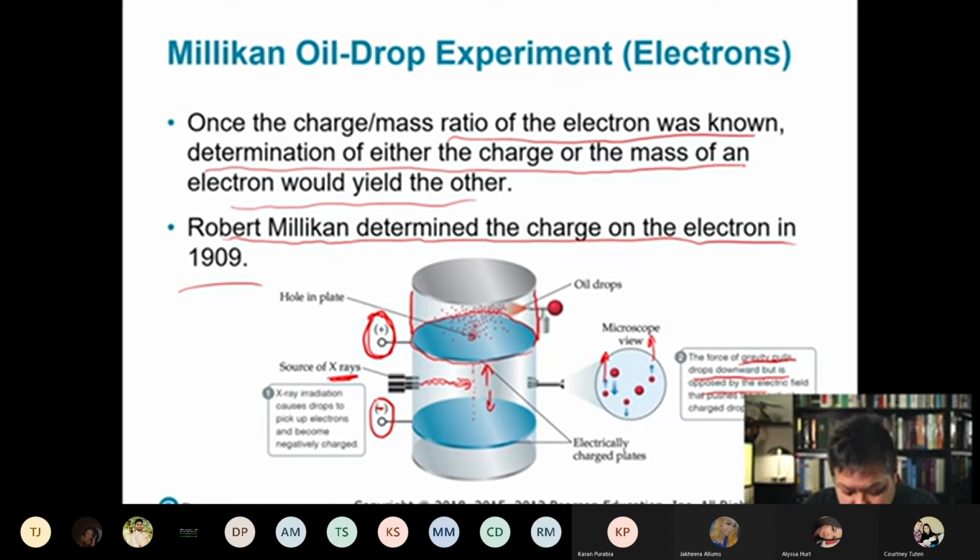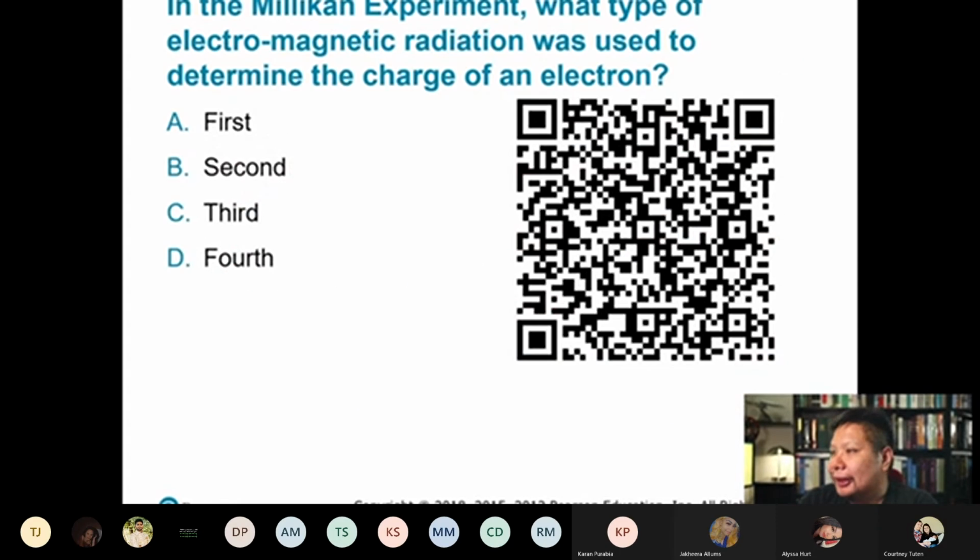Cool stuff. I want to try this at home sometime. Would that be safe though, having X-rays in your house? Probably not. Anyway,